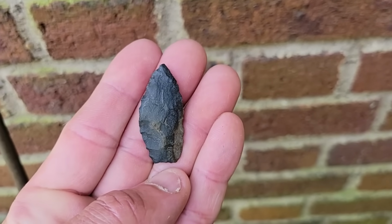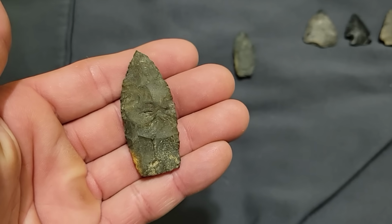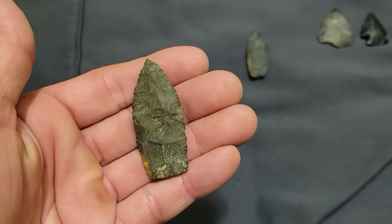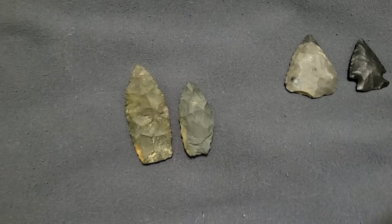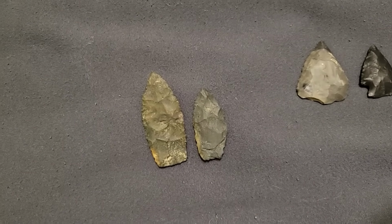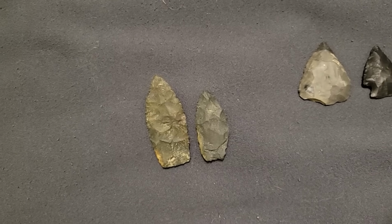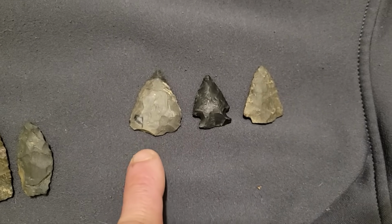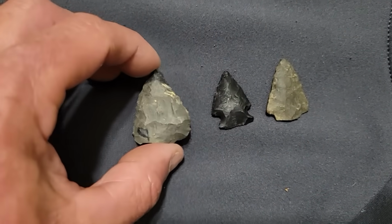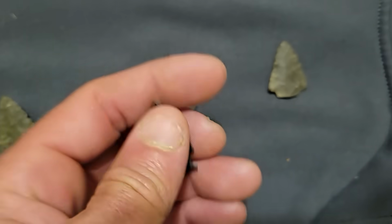This was just down the river a little bit. Now, see, that's a transitional paleo lance. Now look at that point I found right down the shore. Same material, green Jasper. Sure looks like a lance to me. And around this one, I thought this point looked like an unnotched, like Kirk era point. And then I find